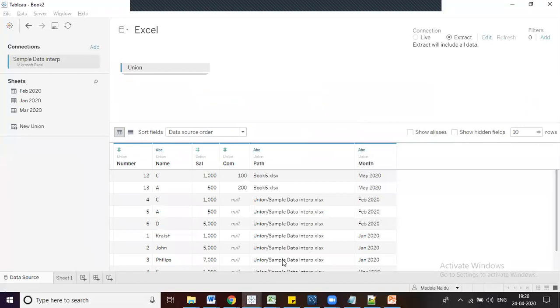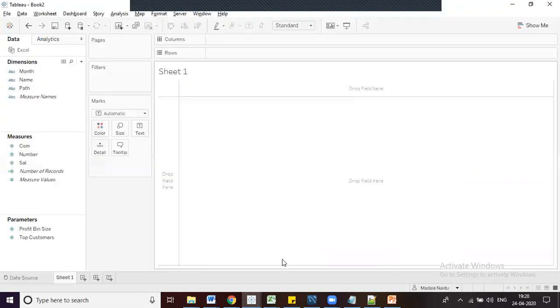Once you click on save, observe, it will pull the data into your local machine. Now you can see, instead of a single cylinder, it is displaying a double cylinder with an arrow mark. It is called an extract. It represents the extract. What is the use of this extract now?